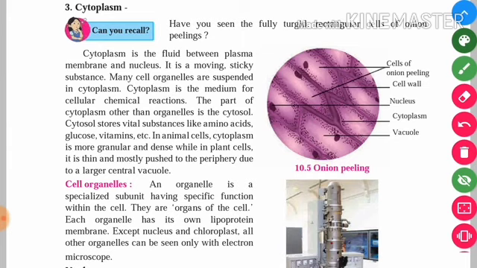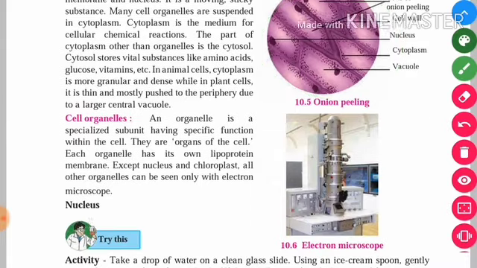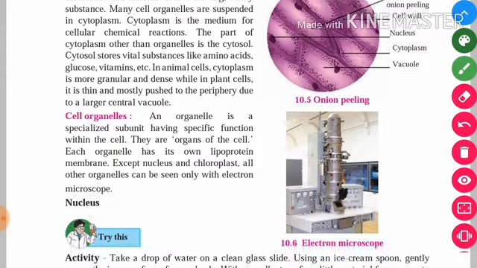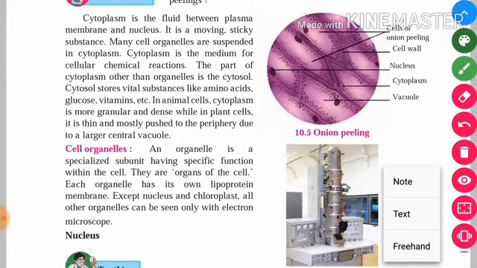So this is the structure of the onion peeling when you look at it inside the microscope. Okay, so it has various components like a nucleus, cytoplasm, vacuoles, cell wall, etc. Okay, we will not look at this very deeply, we will just take an overlook. Okay, so guys, this is the first video of the